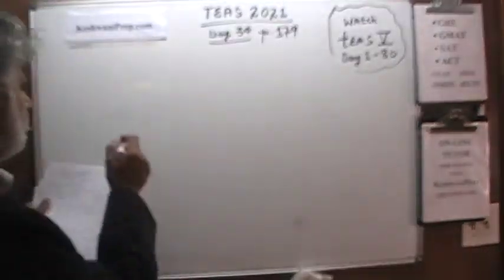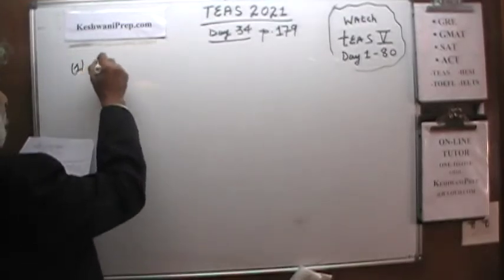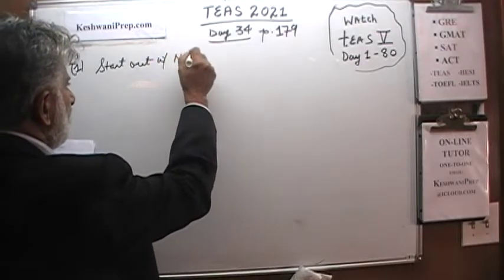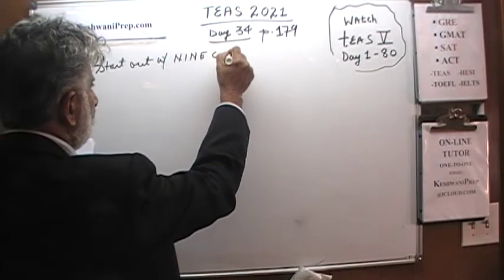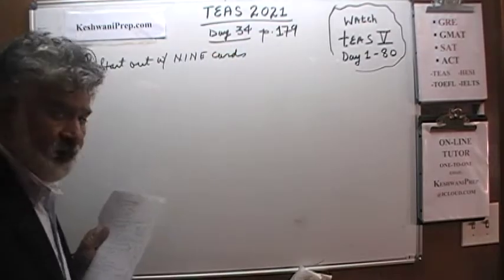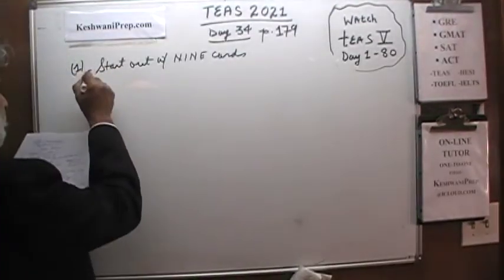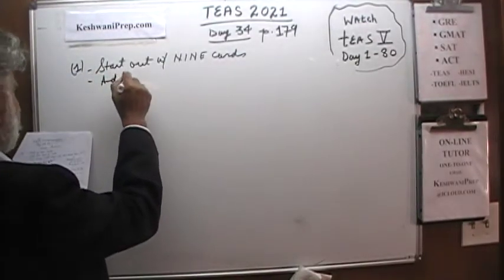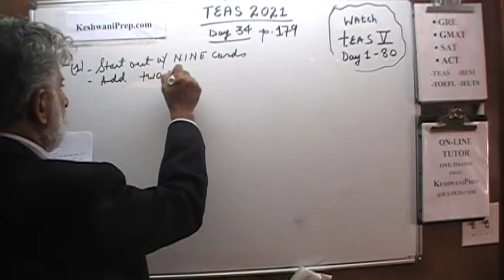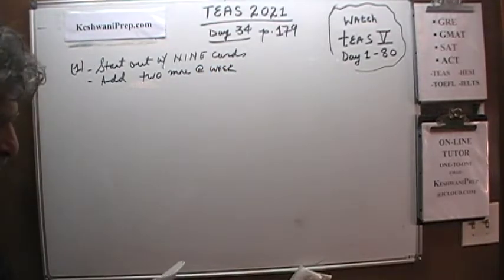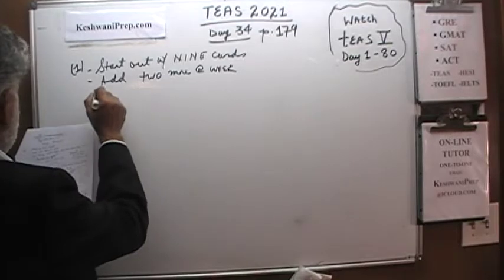Number 1 says that we're going to start out with 9 cards. It's always important that you have the book in front of you. Whenever you're working with me, you must have the book with you, because I do not write down the entire problem. I just give you the gist of it. So we're still going to start out with 9 problems. Then he goes on to say that we're going to add 2 more each week. Each week we're going to add 2 more to our collection. The question simply is how many weeks